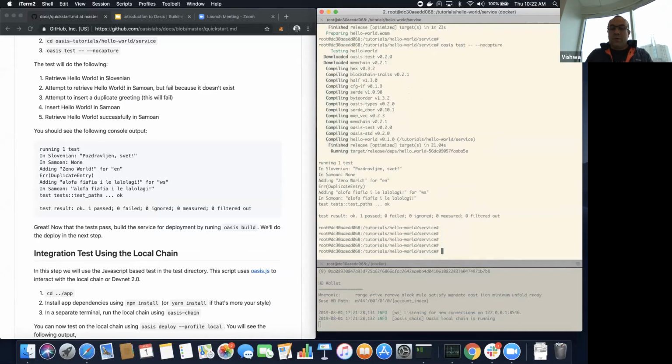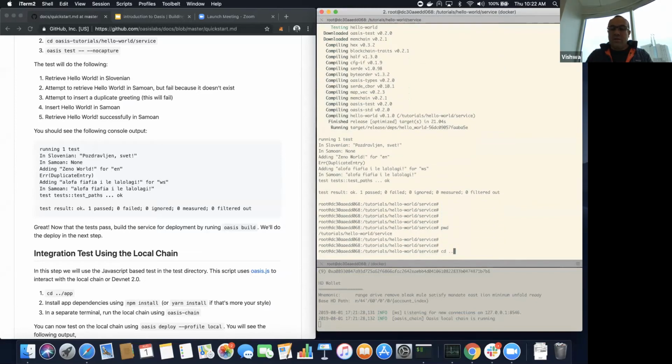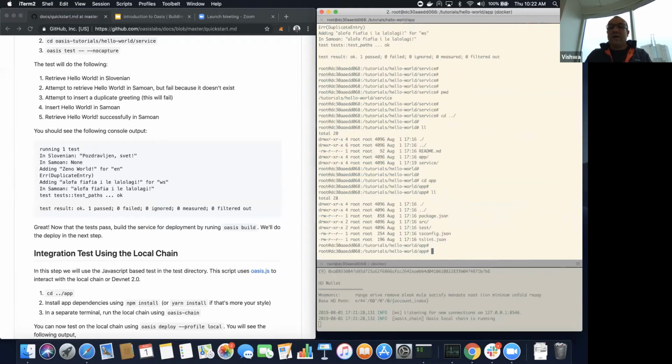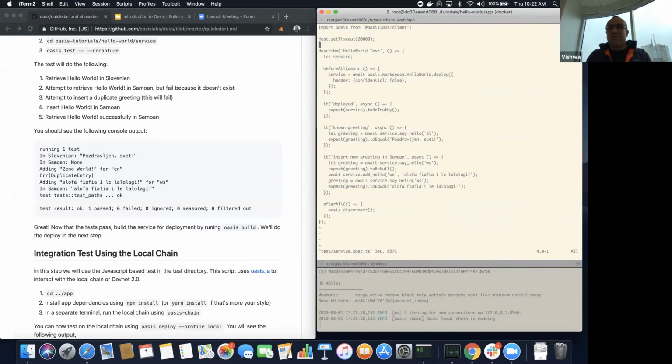So to run this on the local chain, you go back. The organization of this directory is something that I should have covered. Service is the one where you have your Rust program, and app is where you're actually going to be testing it. In app, there is a TypeScript test that does something similar to what the Rust